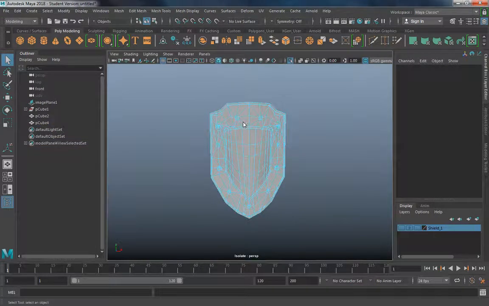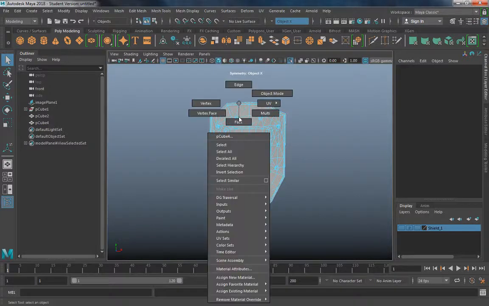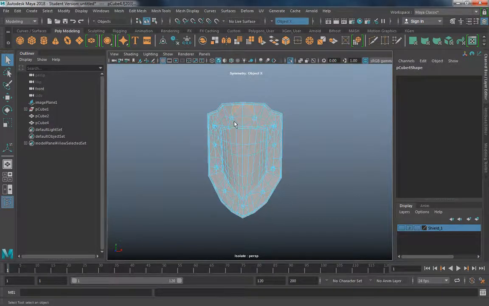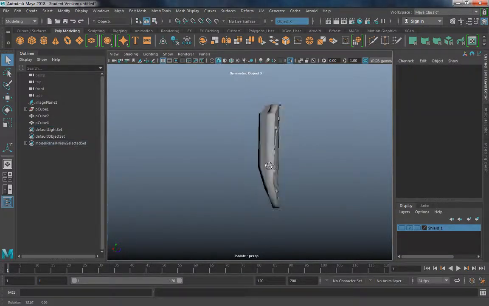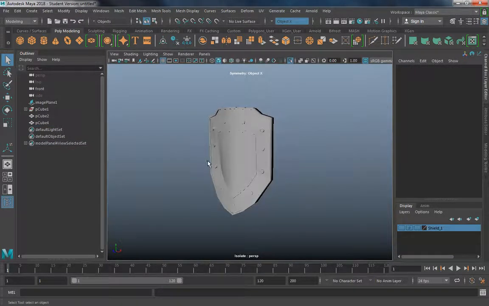So when I enter face mode, or vertex or anything, it will select, or if I go to vertex, you'll see I can do it. It is exactly symmetrical. So the shield, these blue dots should appear both sides exactly where I hover over. Okay, so that's everything on this particular lab,